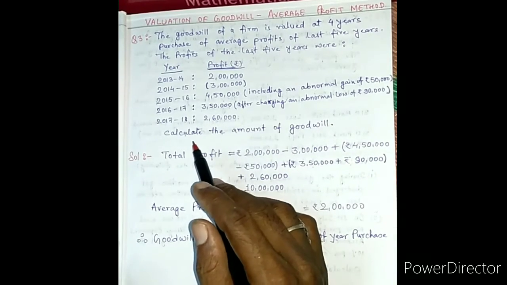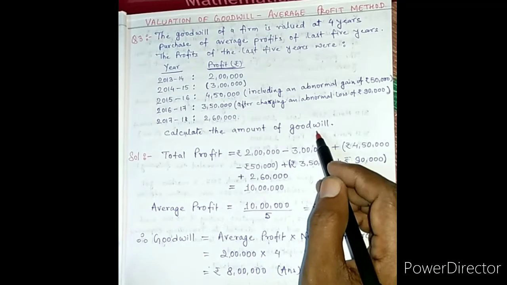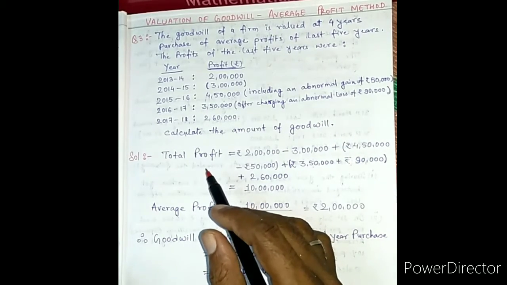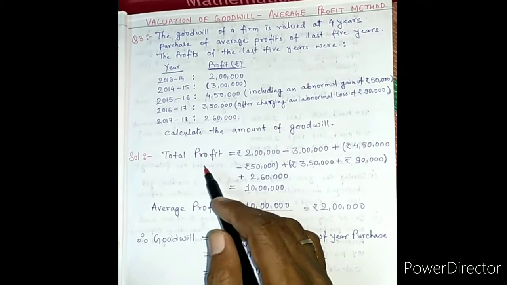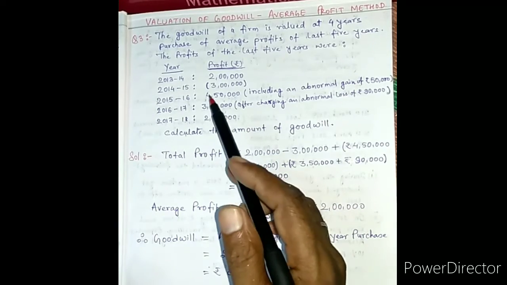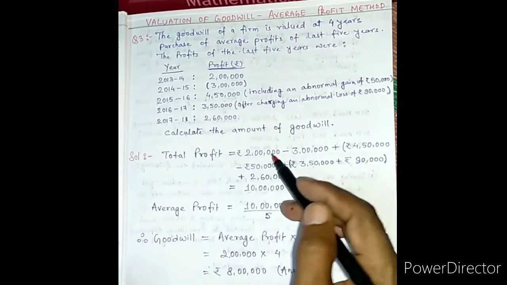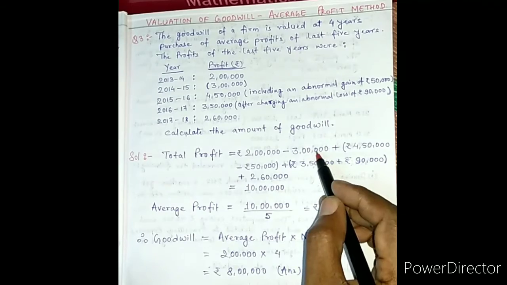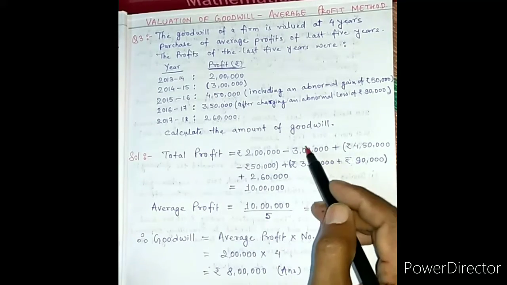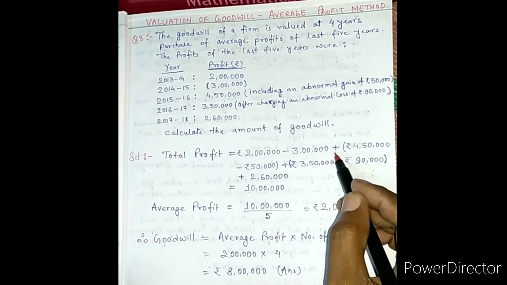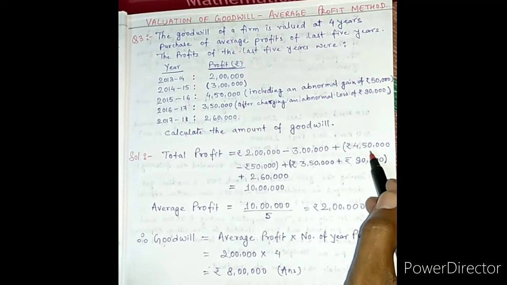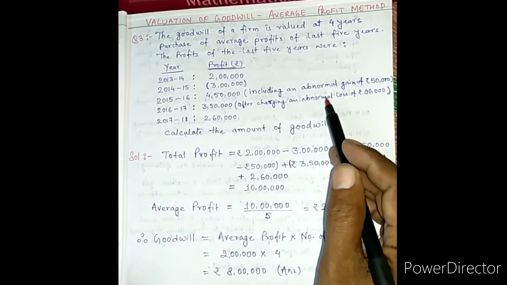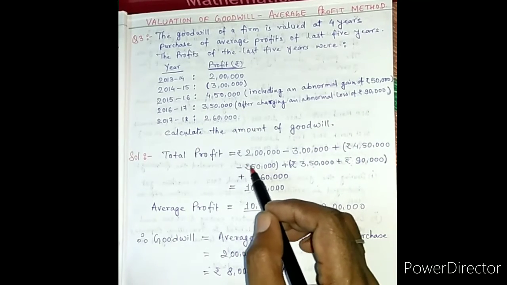So here we have to calculate the amount of goodwill. First of all, we have to find out the total profit. So what is the total profit? Total profit equals, we will add all the profits of the given years. So 2 lakh minus 3 lakh, because this is a loss, so we have to subtract it, plus 4 lakh 50,000, we have to minus the abnormal gain. When there is abnormal gain, we have to subtract it,